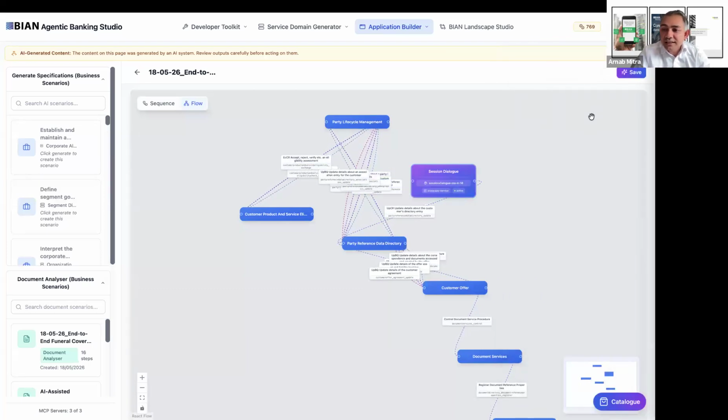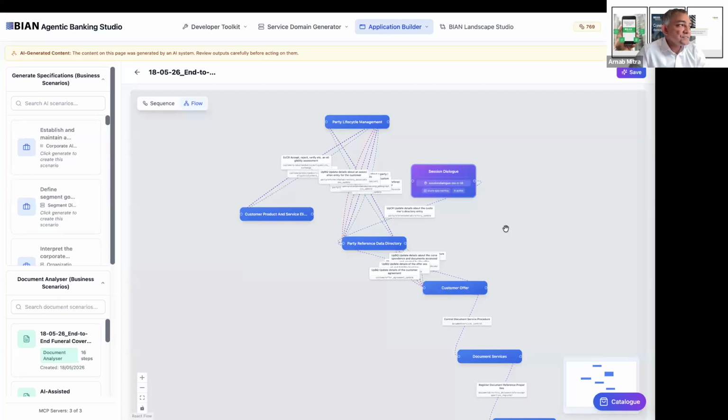And I will show in a sec what those software components are and how you generate them. You save them. And then when you save them, this whole business scenario becomes a running application. And this is all deployed to the cloud and everything. And it's all running, and you can call it, it writes data to the database and does anything that is